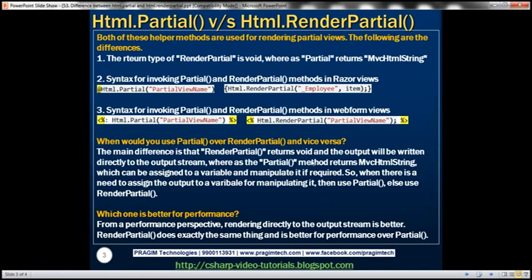So this Partial function provides us an opportunity to assign the return value of the function to a variable and manipulate it in whatever way we want and use it in whatever way we want. But RenderPartial is going to write the output directly to the output stream, so we don't have much flexibility there. So whenever